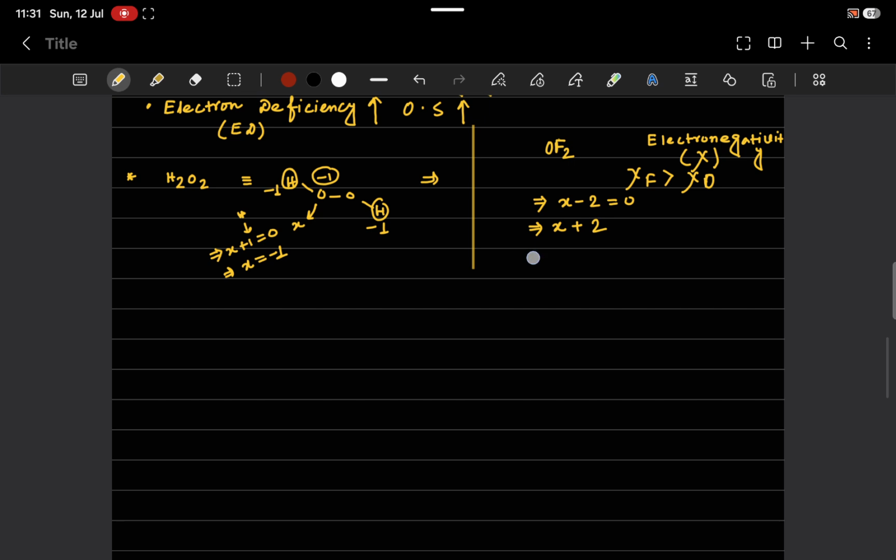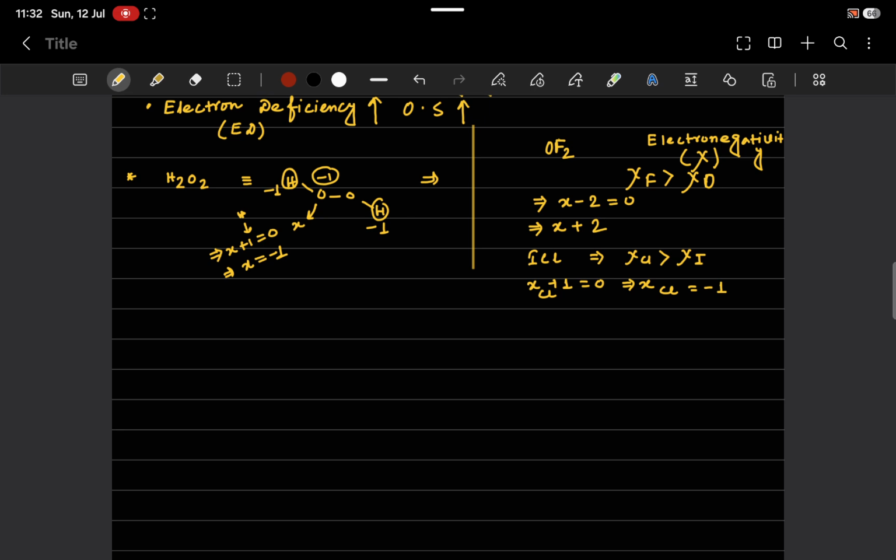Let's say if we discuss ICl, what will happen? Here iodine is +1. X plus 1 equals 0. And for HCl, chlorine is -1. I think up to this you have understood,